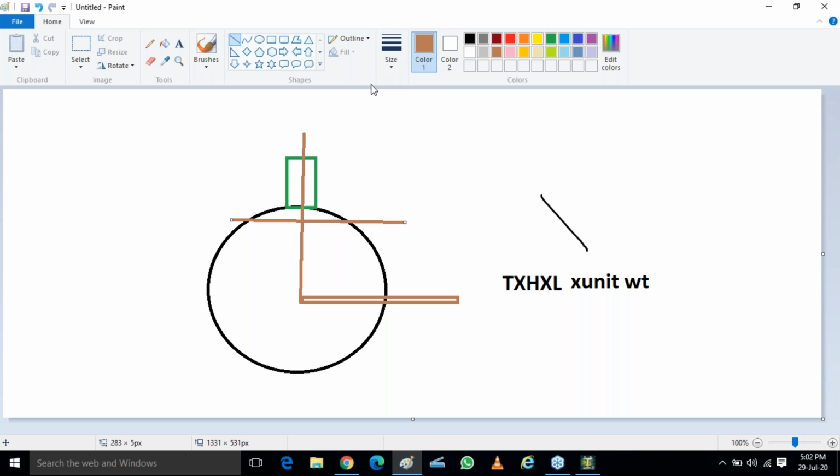Now, where are you going to put a load? Keeping this as UCS, this will be your y. This will be your x. This will be your minus x, and this will be your minus y. Yes, sir. Now, where will your load or weight be put on your building? Will it be downwards or towards the sky?